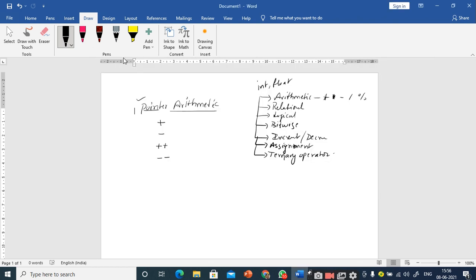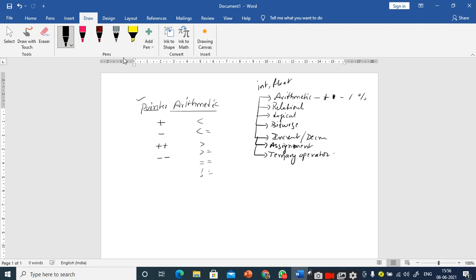So these are the four operations that can be performed on pointers: addition, subtraction, increment and decrement. Other than this, we can also perform relational operations. We can use less than, less than or equal to, greater than or equal to, and not equal to.